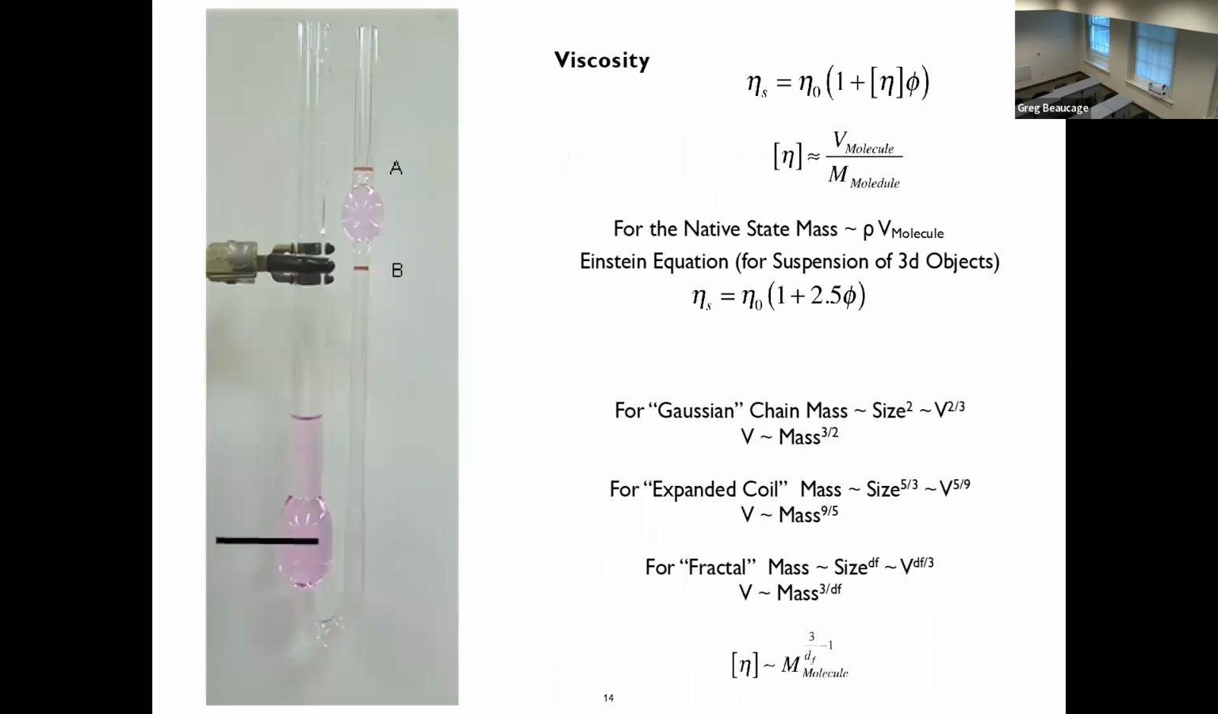Anyway, then there are the different viscometers. I guess we talked about that. This is just showing the 3 by df minus 1, the Mark-Houwink exponent in terms of fractal dimension. And then